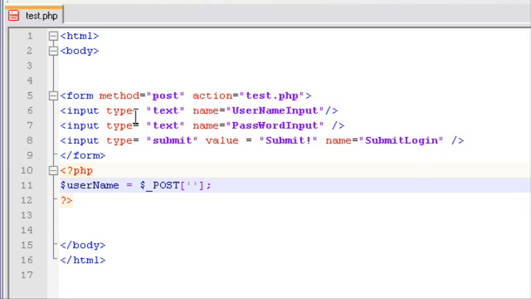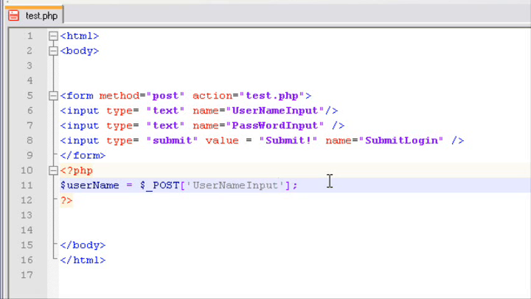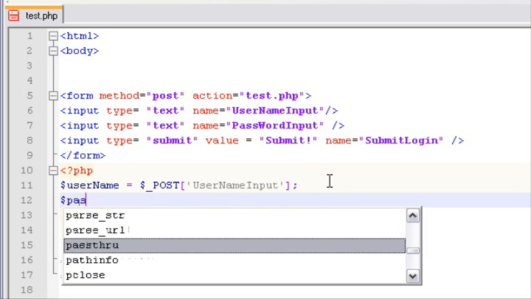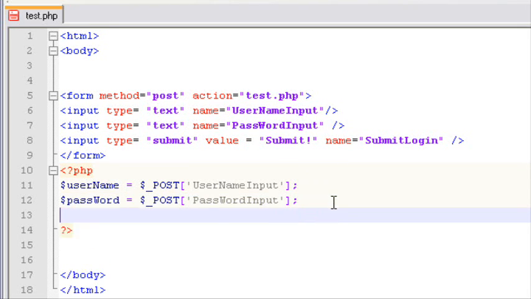And remember, it is case sensitive. Username input. And let's make a password. And again, we're going to post password input. Okay, so after this, we'll just go ahead and echo username. Okay, so let's